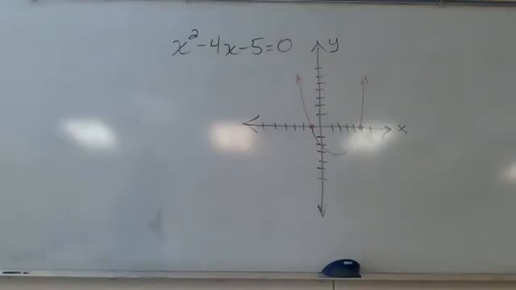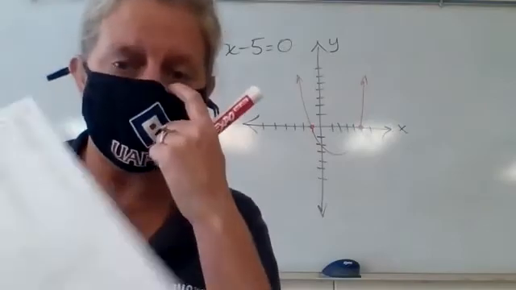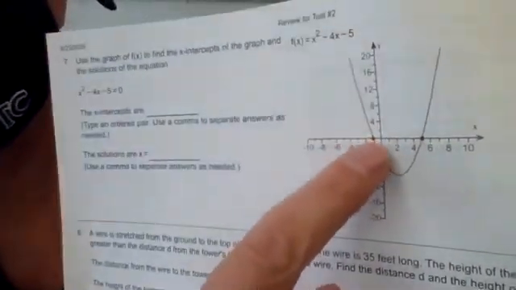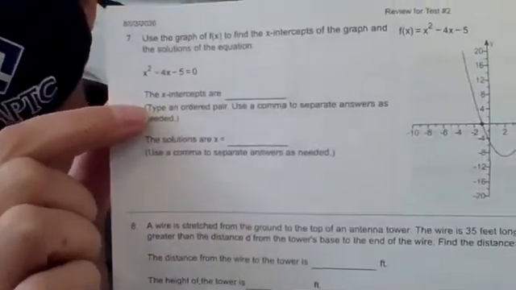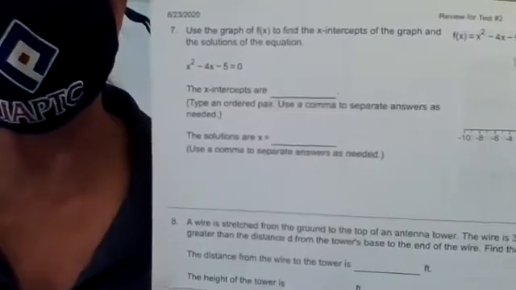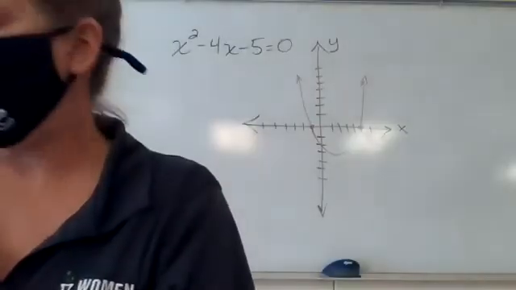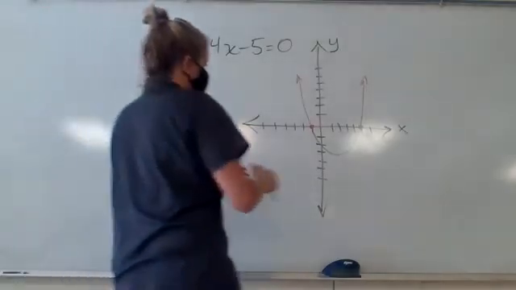And then it asks me two things, okay? And again, if you look, it shows you very clearly these 2 points at -1 and 5. When it asks you what the x-intercepts are, it actually tells you. So don't forget to type an ordered pair, right? Because x-intercepts are those 2 points. The ordered pair